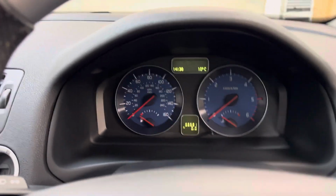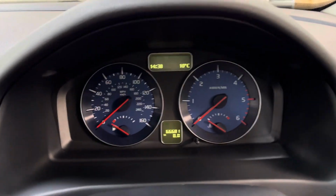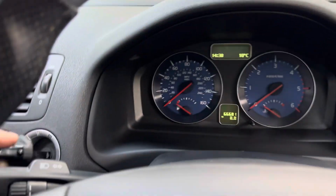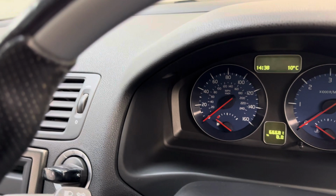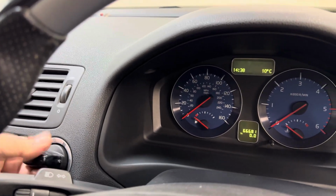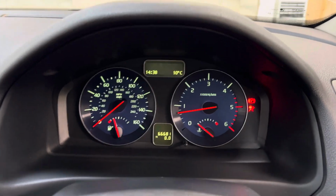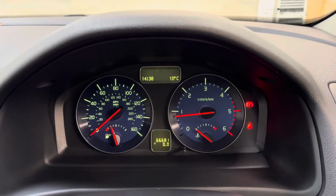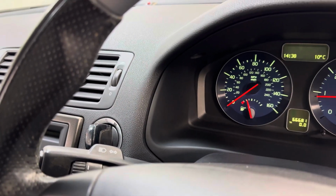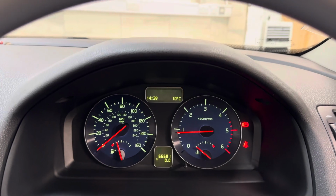66,681 miles. I'll just find this little gizmo, which lives in the ignition if you want to use the keyless start. The key is in my pocket. So there you go, you can see keyless is working, but you do have to have that gizmo, which we've got. So no warnings on the dash,